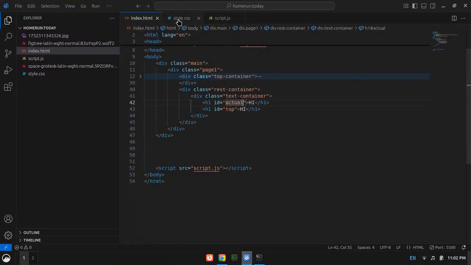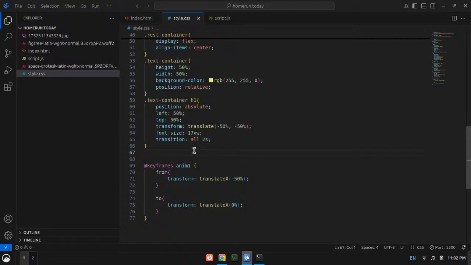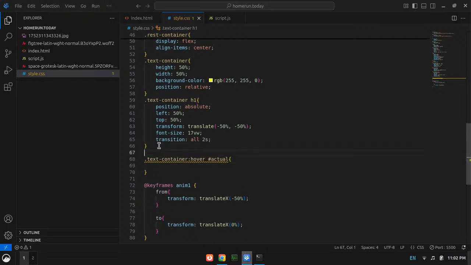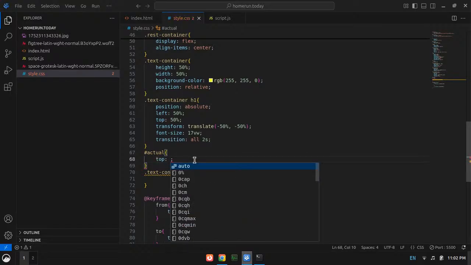When I hover over the text container, the actual should, okay, by default I have to set the actual to somewhere, and I have position absolute for them. I will set it to top minus 100%. Does that work?